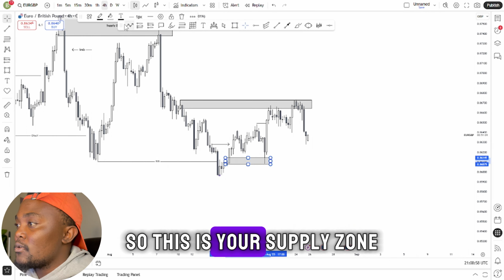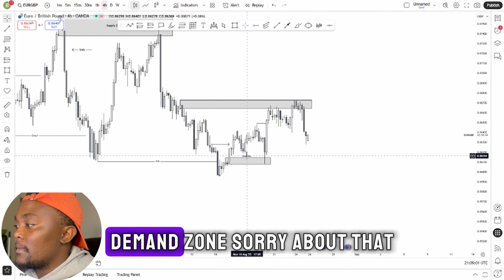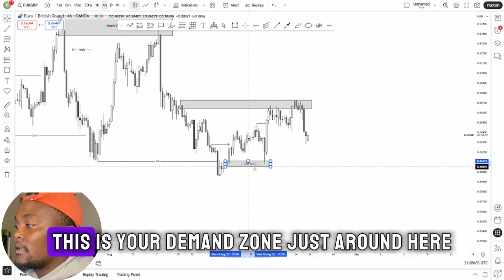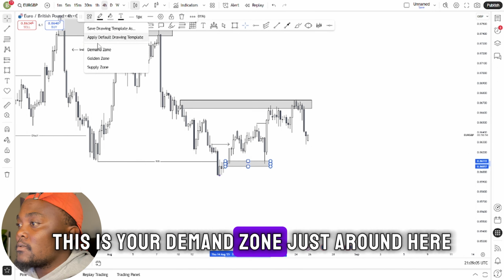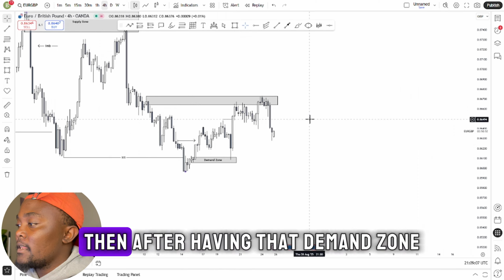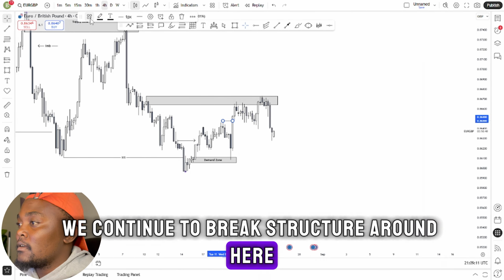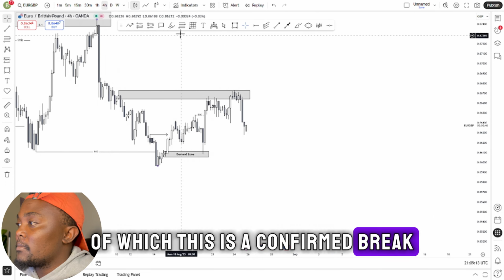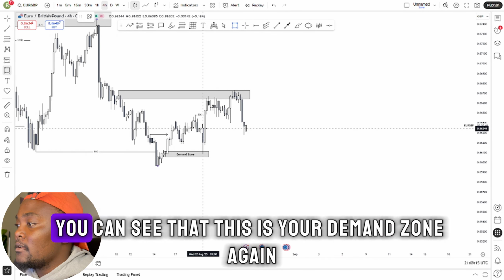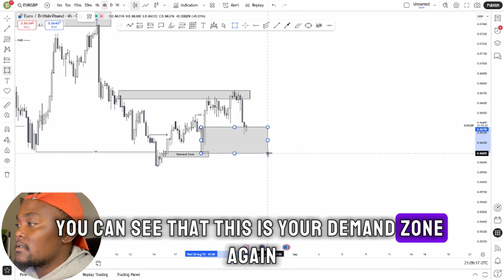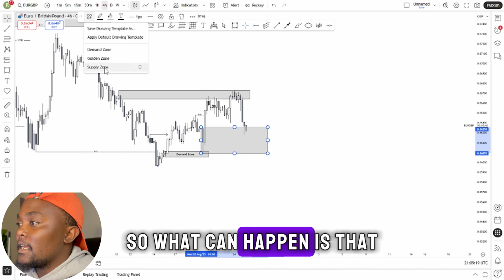So this is your supply zone, demand zone, sorry about that. This is your demand zone, just around here. Then after having that demand zone, we continue to break structure around here, which is a confirmed break. Then after having that break, you can see that this is your demand zone again. So what can happen is